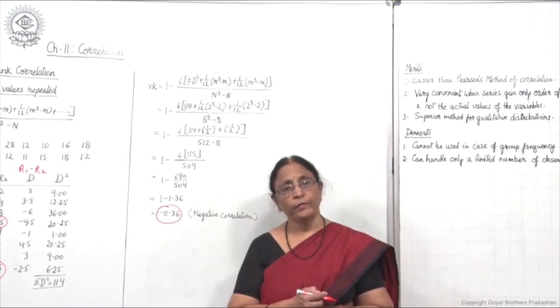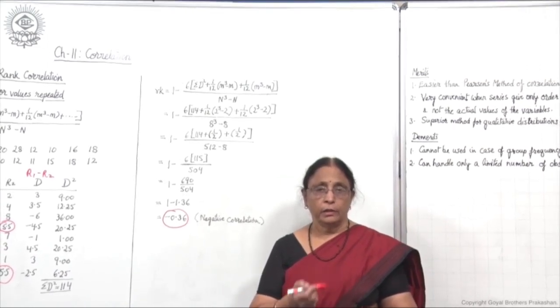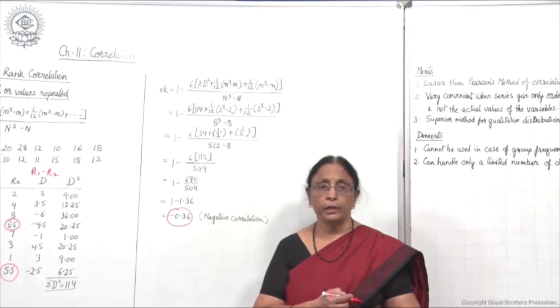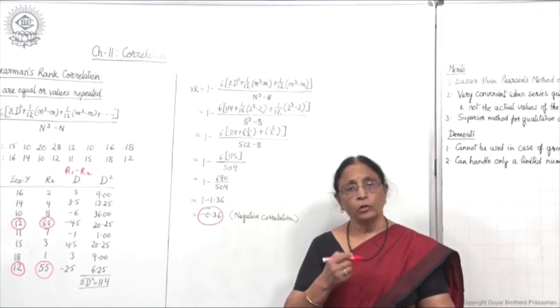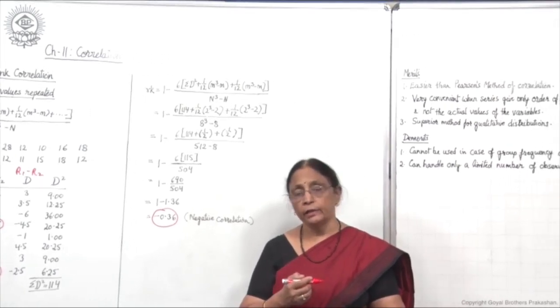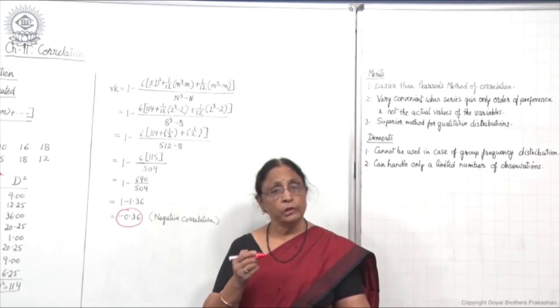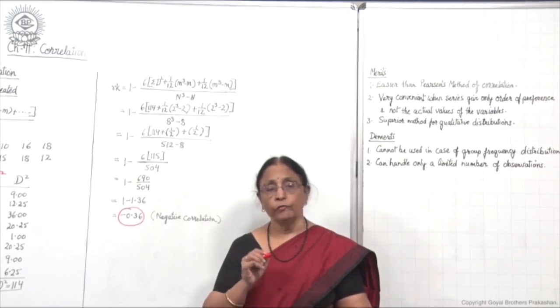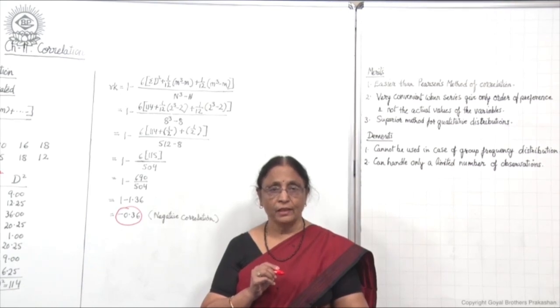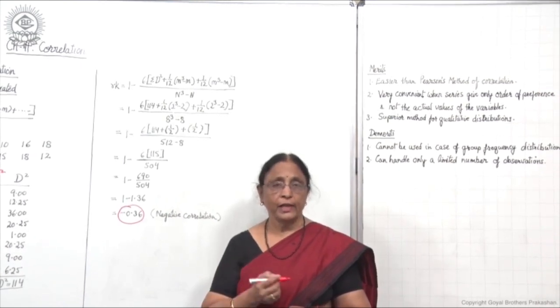So this way we have completed the chapter correlation, and in your assignment you have got many numericals. Do more and more practice, learn the method more and more, and you will enjoy doing it. Try to learn the formula properly so that there is no chance of error or mistake, and I am sure you will get full marks in statistics when you are doing all these calculations.